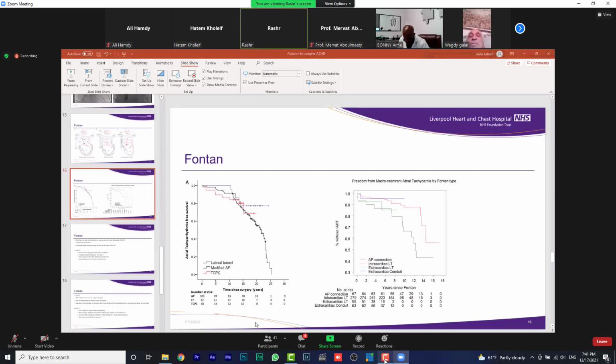So thanks for that. I think if you look at this graph here, if you have an AP Fontan, your arrhythmia burden is essentially 100% 25 years after your operation. If you look at certainly some of these graphs, in the red here is an intracardiac lateral tunnel, talking nearly 50% by the time you're an adult. The more modern ones, less, probably talking about